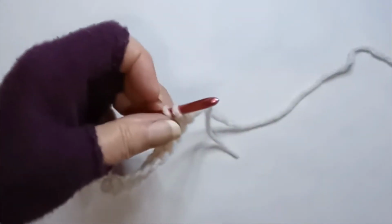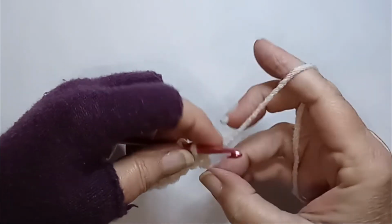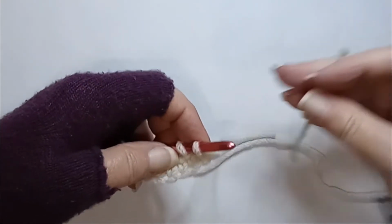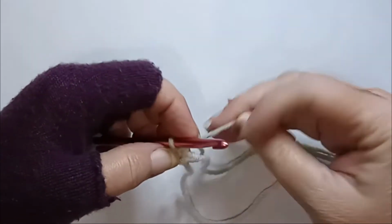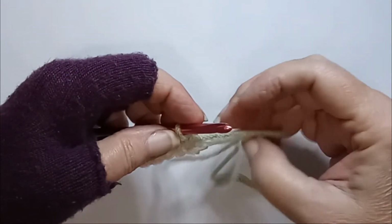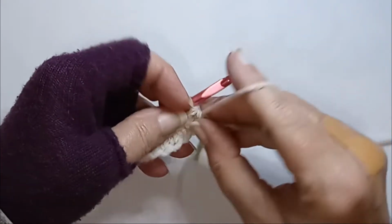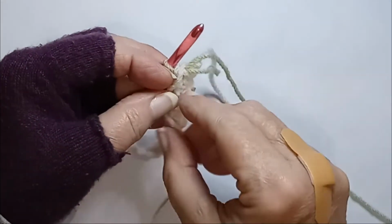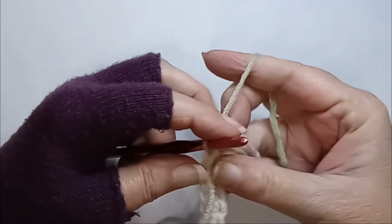Okay, so when we get to the end, we're going to add our second color so we don't complete the last stitch. Going to bring on our second color. Okay, and we're going to bring this yarn with us. Okay, so we chain one